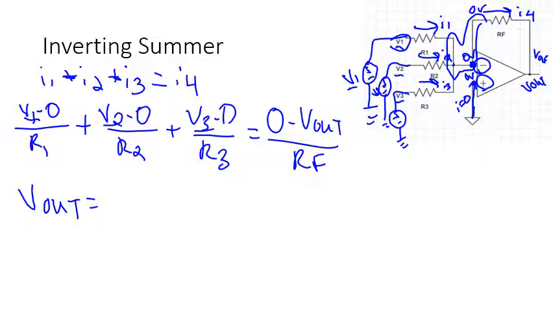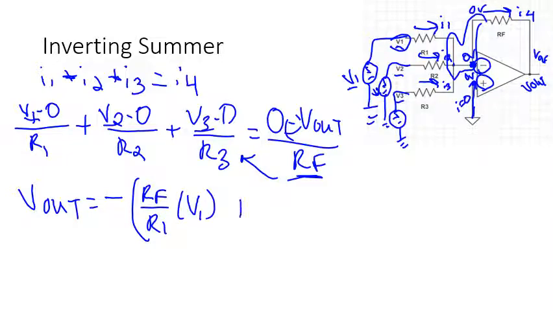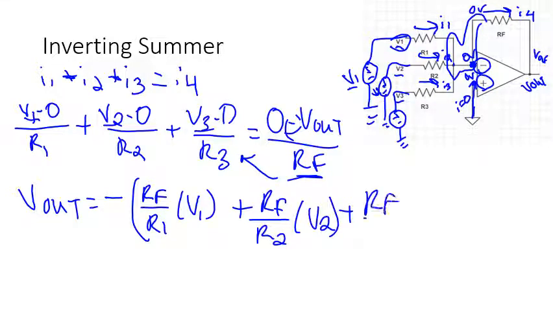I need to multiply by RF and multiply by a negative, so I end up with a big fat negative. Each term gets multiplied by RF here. Move it to the other side. So I get RF over R1 onto V1 plus RF over R2 onto V2 plus RF over R3 onto V3. And this could actually continue if you had a zillion resistors with their individual voltage sources connected to that inverting